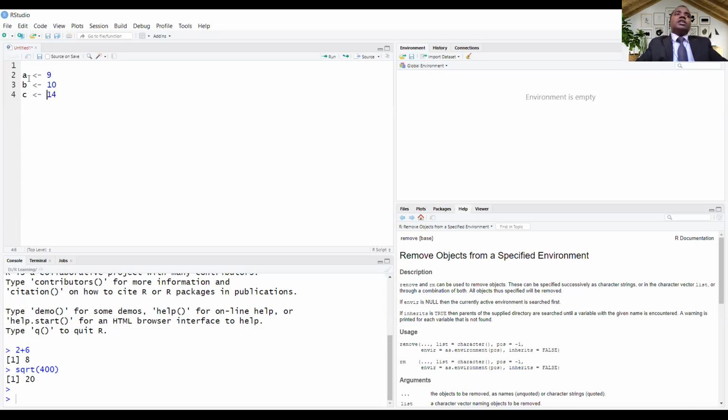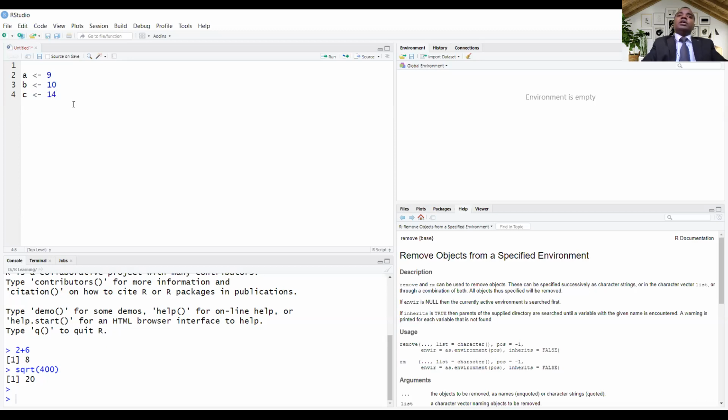As per the convention of R, we use a less-than sign and a hyphen to assign a value to any variable or object. So we have three sides of a triangle: A is 9, B is 10, C is 14.